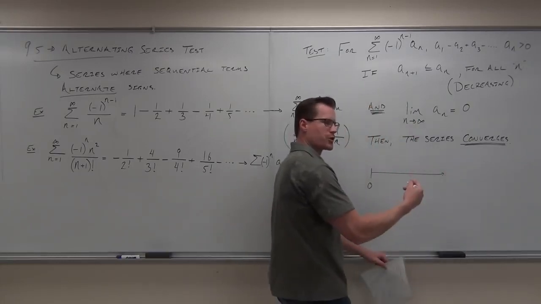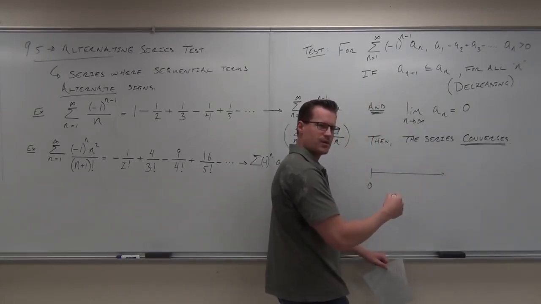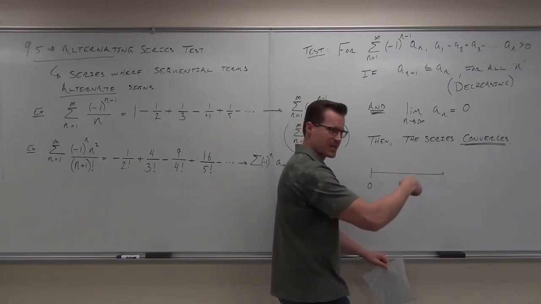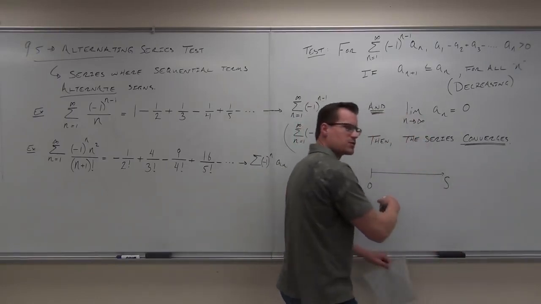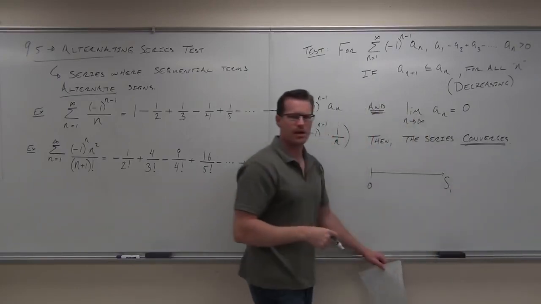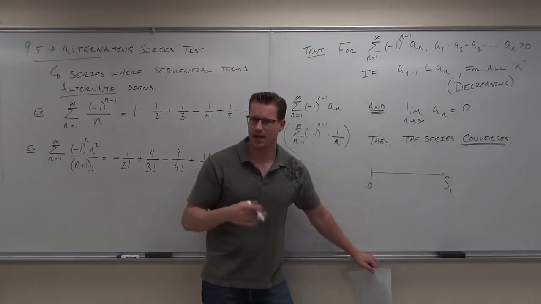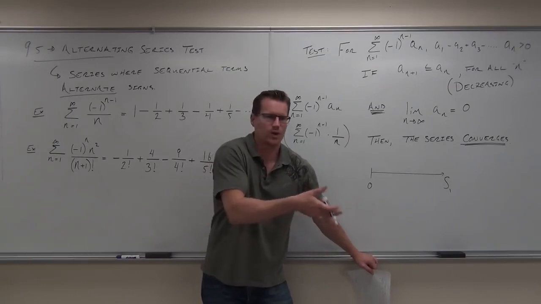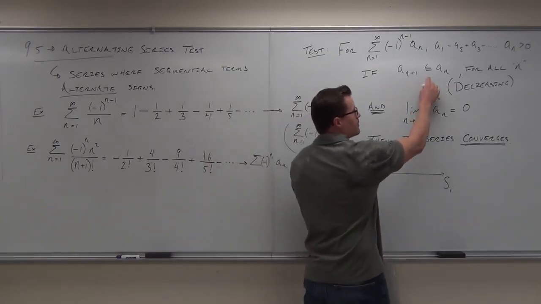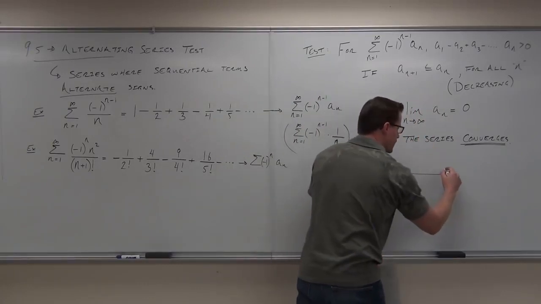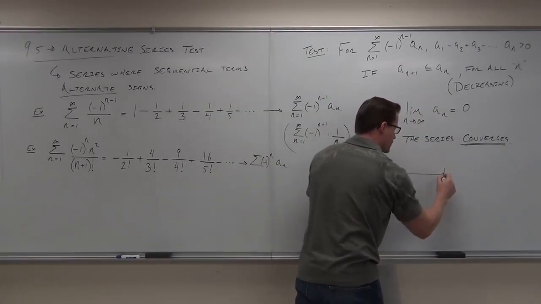After your first term, do you remember this? The partial sum was an S. We had that S sub n for a partial sum. So after your first term, you have a sum S sub 1, whatever that is. You're going to have some sum because you have one term. Make sense? Now, because we know that this is decreasing, you would subtract